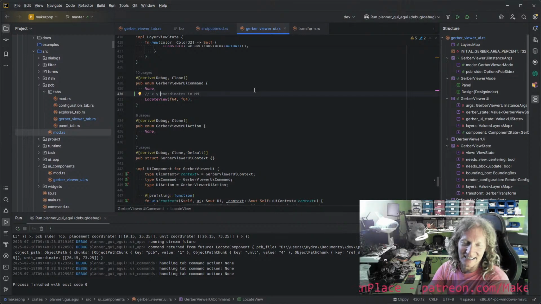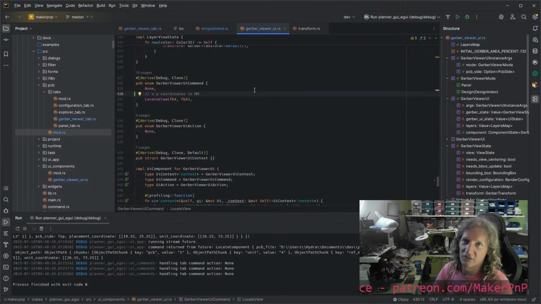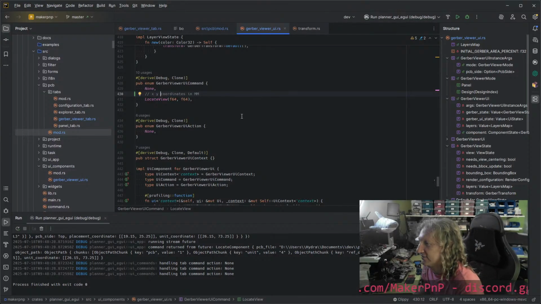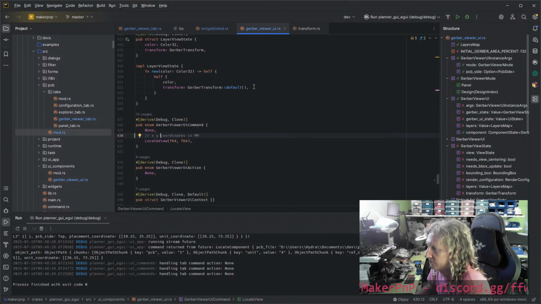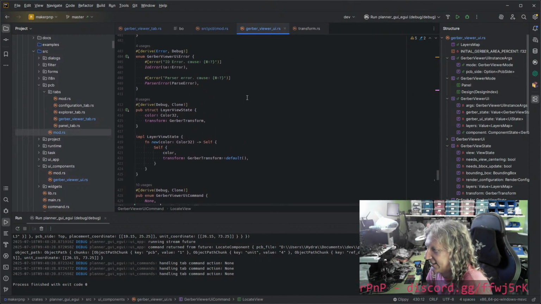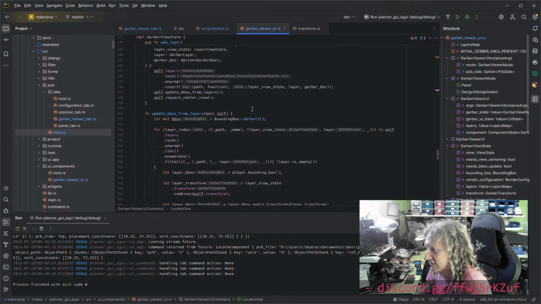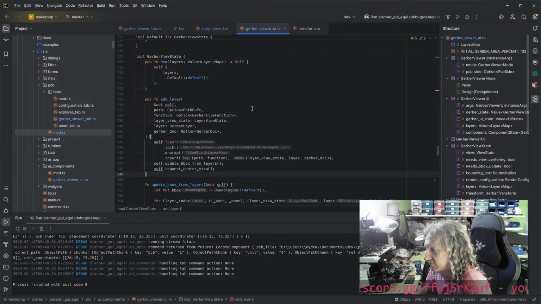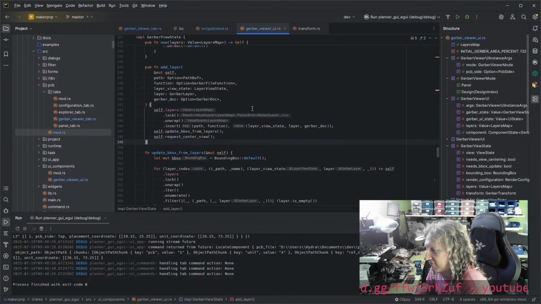So internally, really, all of the coordinates that the Gerber viewer wants to ever deal with should be in one unit, really. And then there should be conversions to that preferred unit, millimeters. So this is painful. This is painful. Oh my